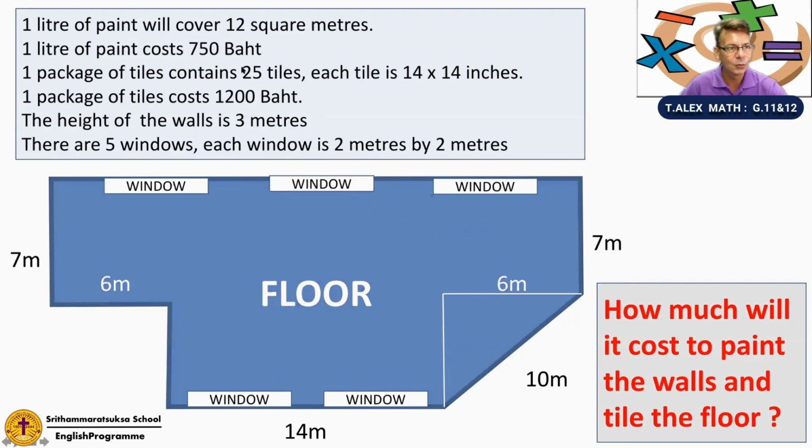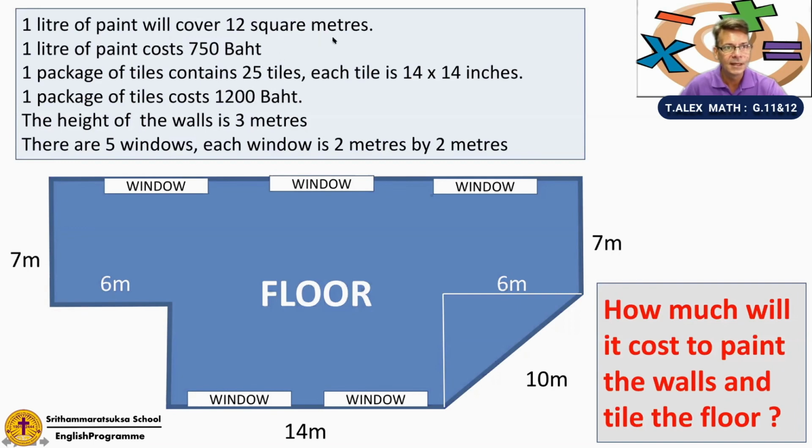So let me see, what do we have here? 1 liter of paint will cover 12 square meters, and 1 liter of paint will cost 750 baht. So you will need to work out the area of all of these walls, and you know that 750 baht will cover 12 meters. So you will have to work out how many baht it will cost you once you work out the total